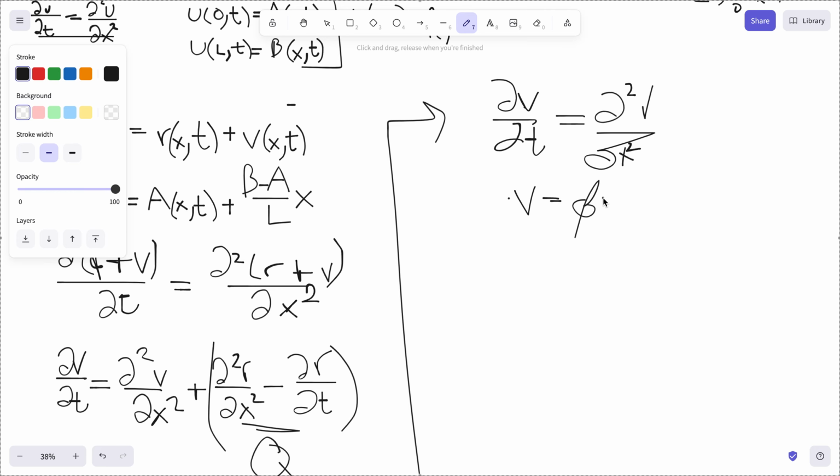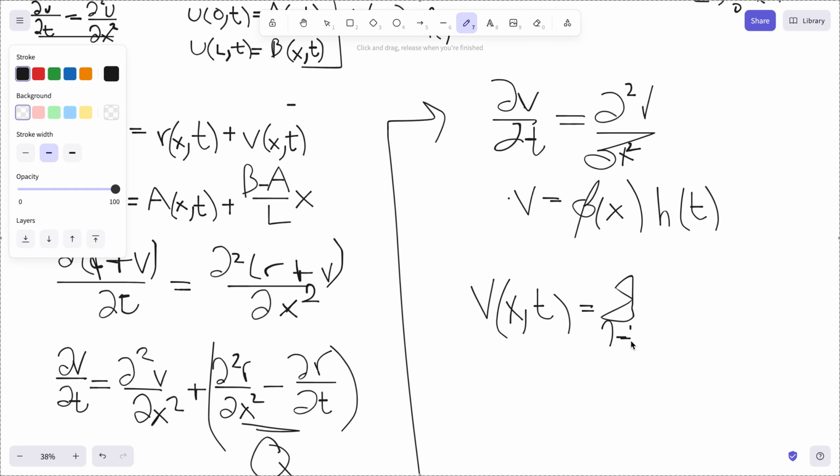V is equal to some phi of x times h of t, and we've done this before, but the solution to v of x comma t would be equal to the sum from n equals 1 to infinity of a sub n. This time, our coefficient would be a function of time